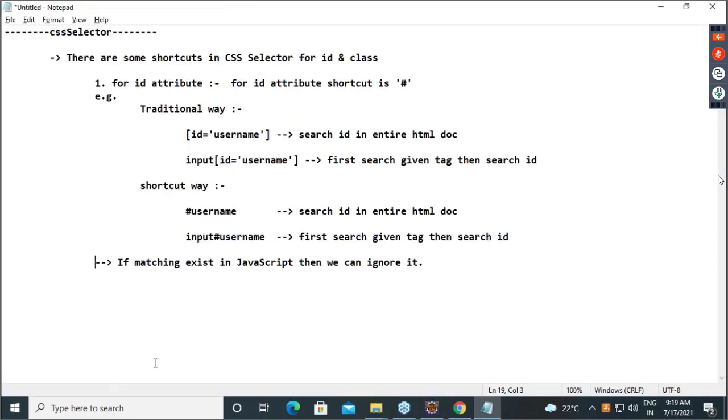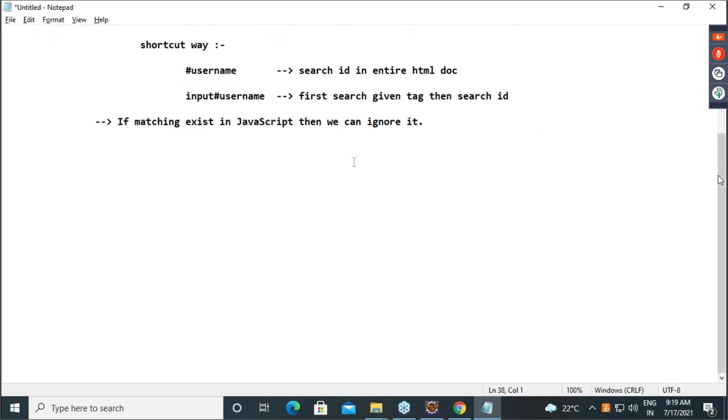Okay. So now the second one is for the class attribute. So observe guys, just like hash for ID, similarly for class we have a shortcut as dot.